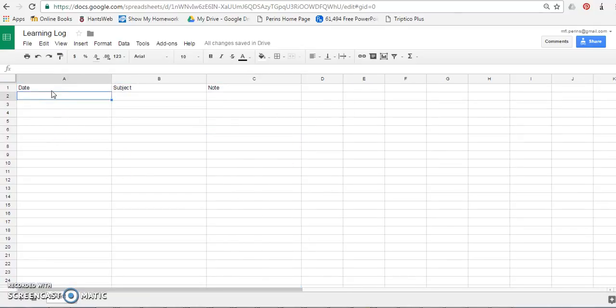So each time you want to make a note, you could just type in the date. So today's date is the 8th of the 11th, 16, and that puts it in like that. And then you just type in the subject. Oops, let's type that properly. And then you're just going to type in the notes. So the things that you learn. So it might be, I learned